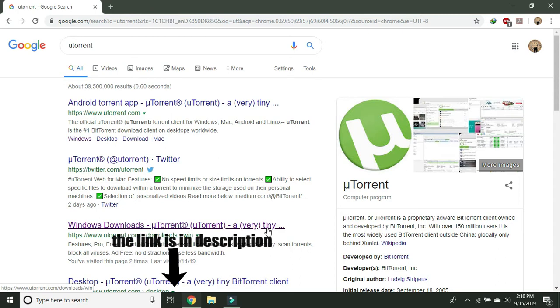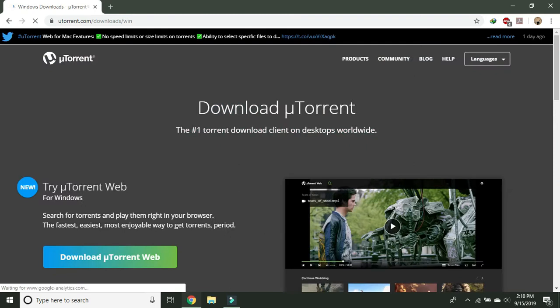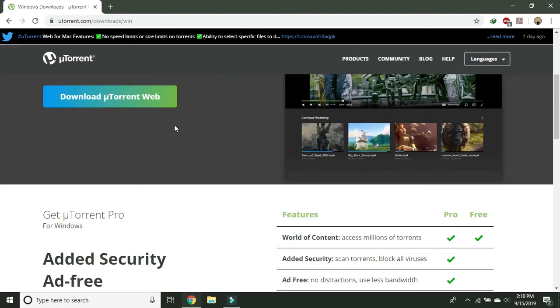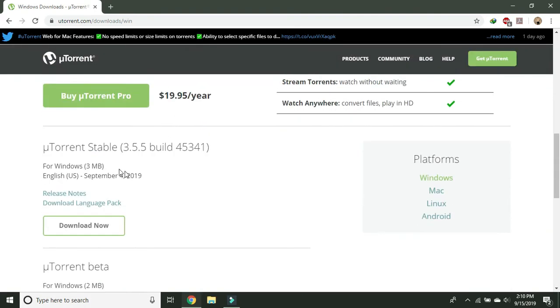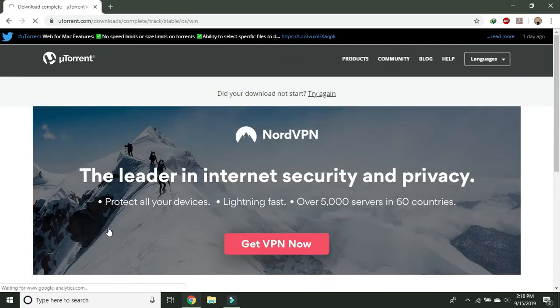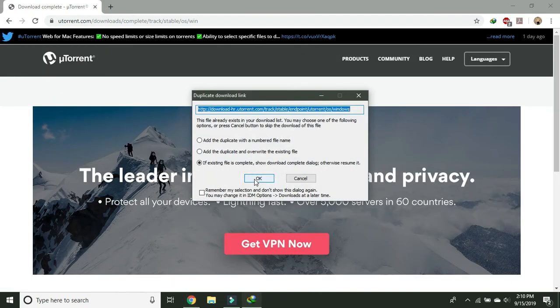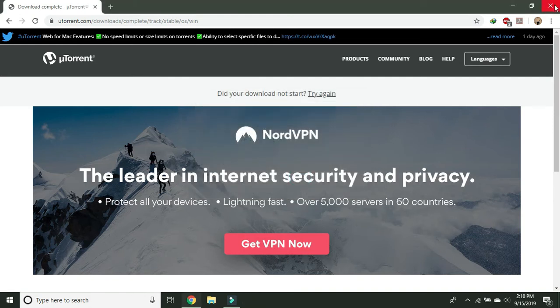Go to Windows, download, then go to torrent table, download it. I have already downloaded, so I will cancel, but after download, open